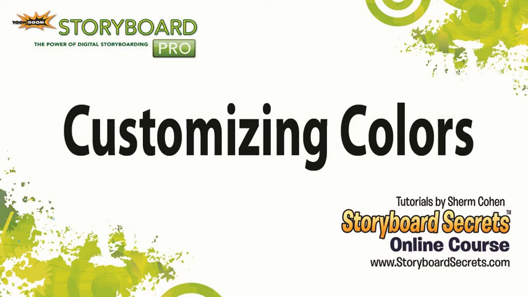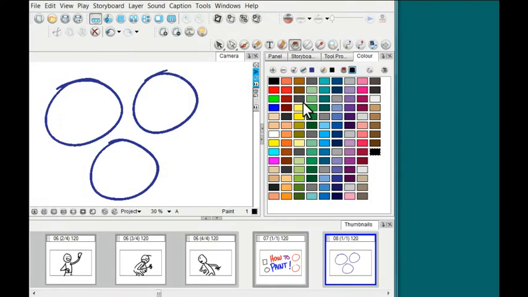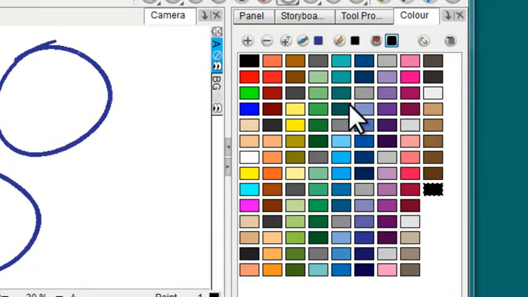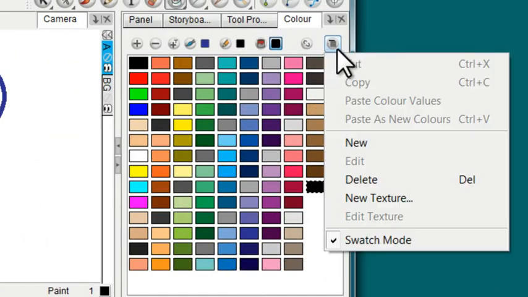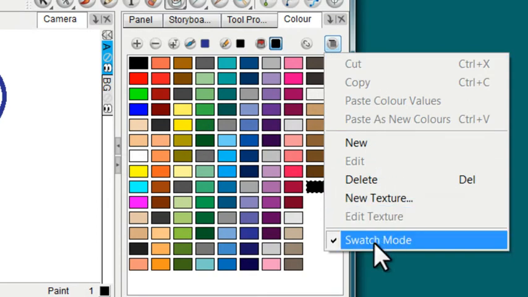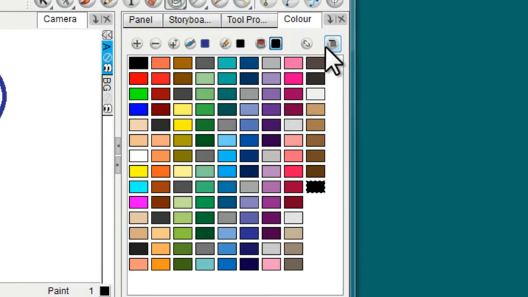Toon Boom Storyboard Pro comes with all kinds of different colors in the colors section, but you can of course edit any of these colors. You can also create your own. Let me show you that you can look at them in two different ways. Currently this is in the swatch mode, but if you go up to the right of the color tab and